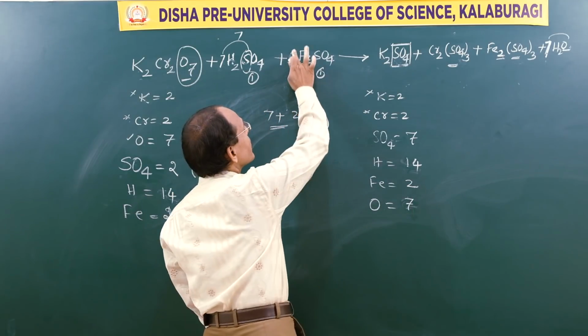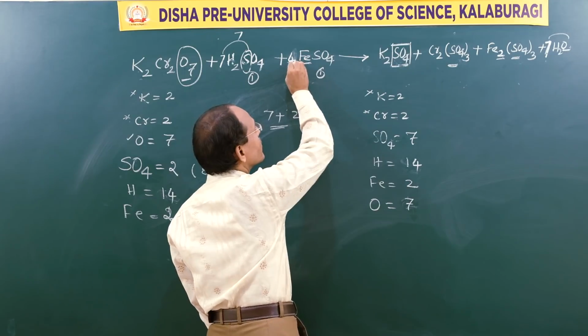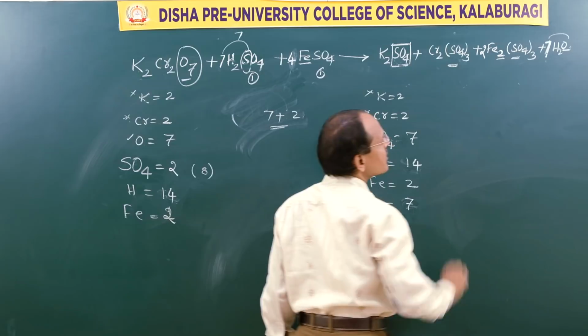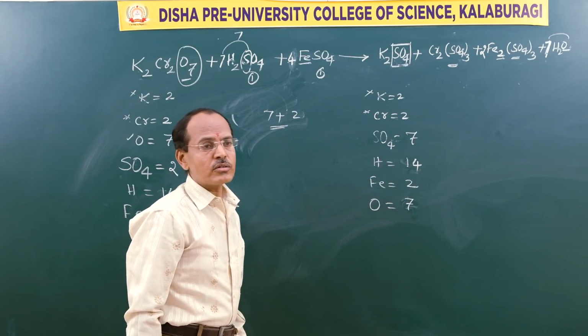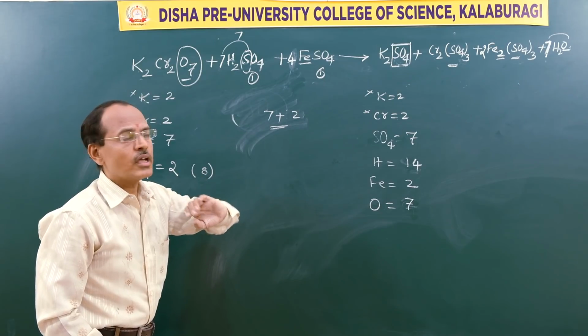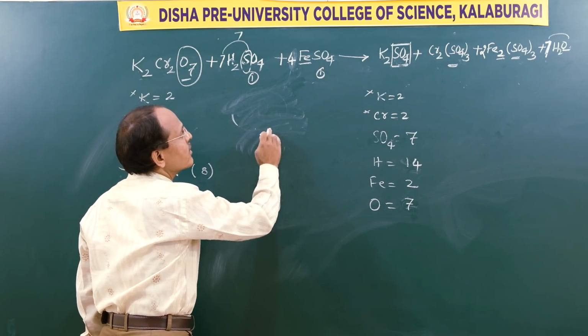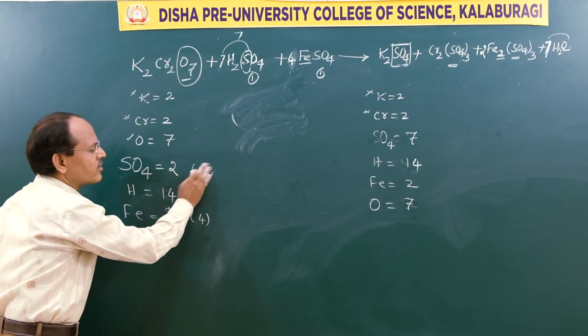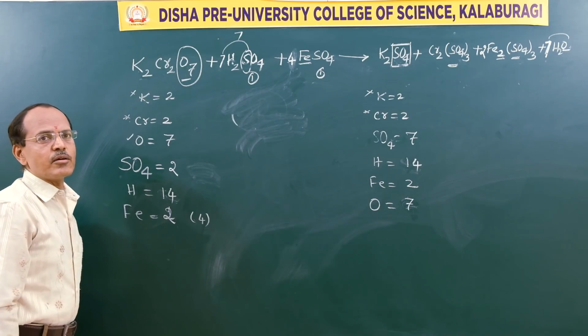Now instead of 3, if I take 4, what I should do? Minimum 2 Fe2. Now, can we have the sulfate groups now? How many sulfate groups are there? Iron point of view, no doubt balanced it is. I'll write in the bracket.